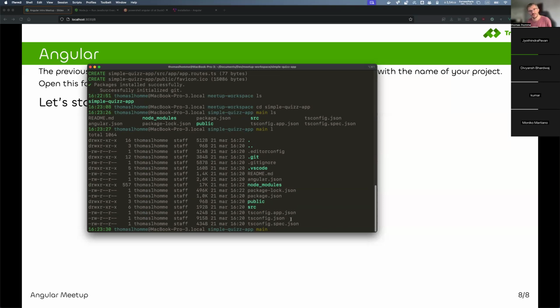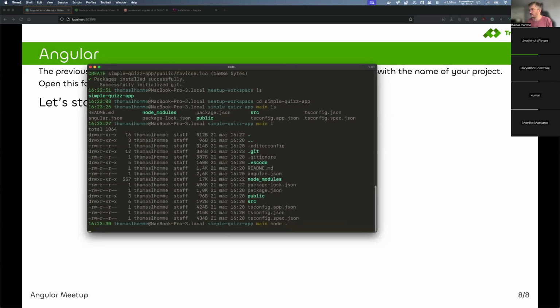So if you're using VS Code or IntelliJ, I mean WebStorm, preferably, or whatever, you need to open this folder with your editor, whatever you're using. There is a shortcut when you're using VS Code, which is to type code and a dot. By doing this, you will open VS Code with this folder, which is pretty cool.